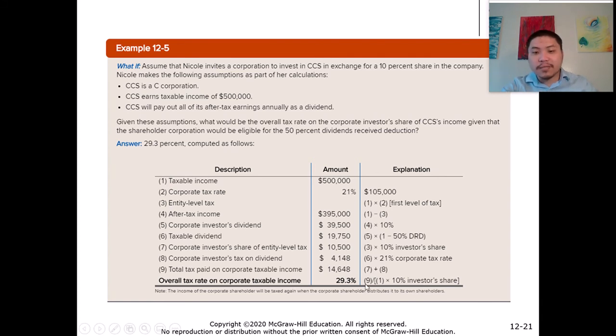So now to calculate the tax rate, we take the 14,648 divided by 10% of the $500,000, right? And that gives us 29.3%. So this is an example, like I said, of when there are corporate shareholders, right? And as you can see, because of the